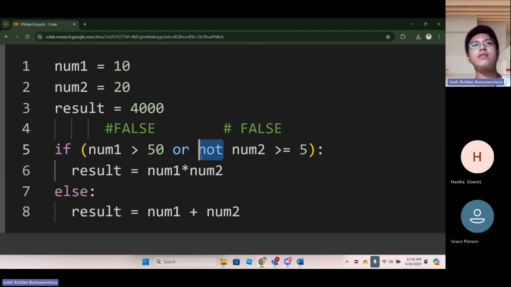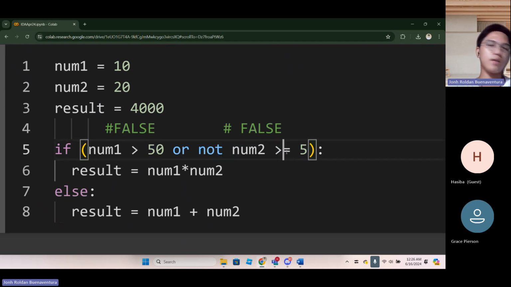At the beginning, you do not entertain the not; you focus on the condition itself. After you figure out if that is true or false, you flip it because of the NOT. Is that clear? Hasiba, do you get that part? That if the value of the condition is true, because of the NOT, it will be false.